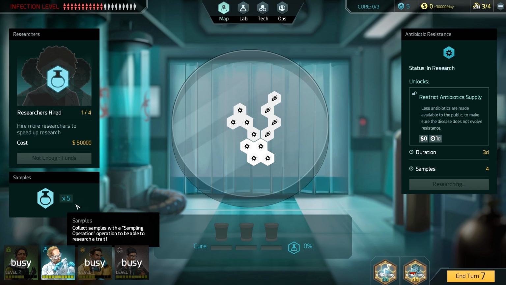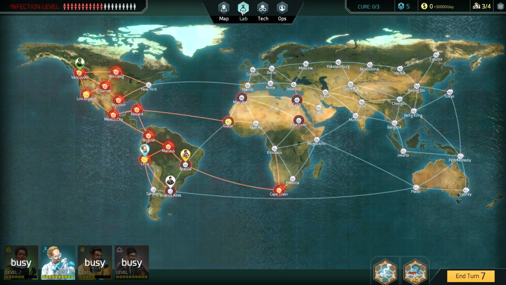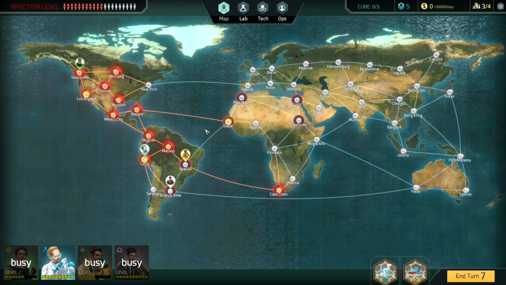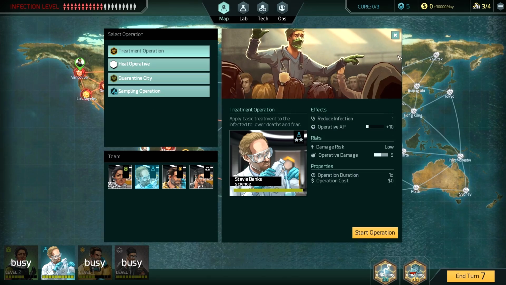Oops. We need 5 samples now. Or we have 5? Oh, we still have time remaining. I don't think we can do any further research. Yeah, we can't do any further research at the moment, so we have to wait on that. So what I'm going to do is I'm going to send, let's send him to